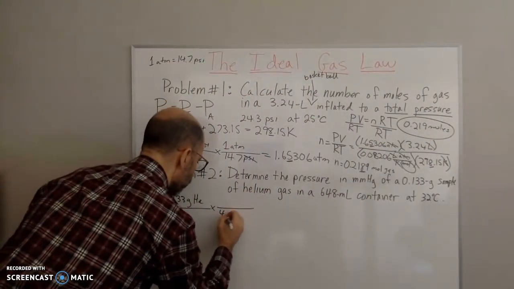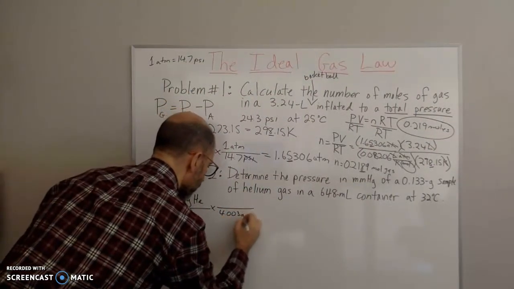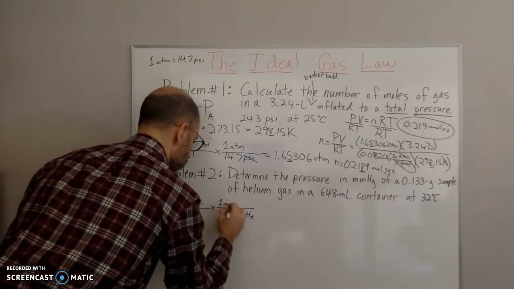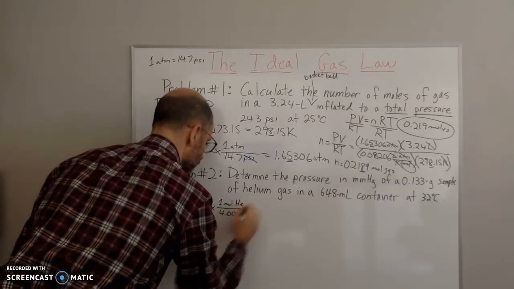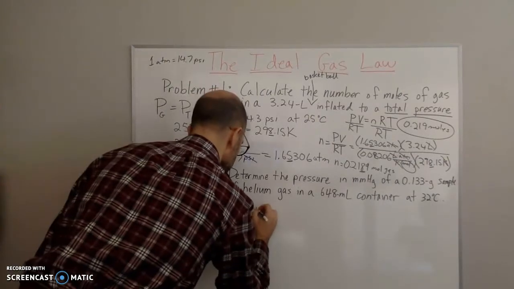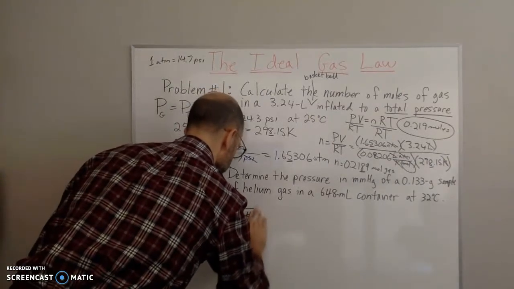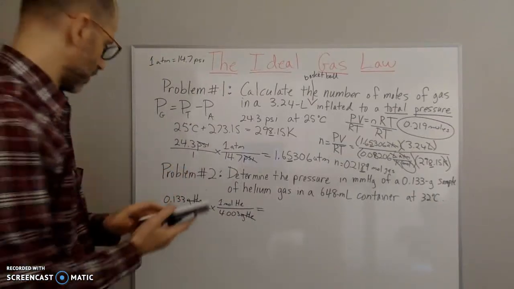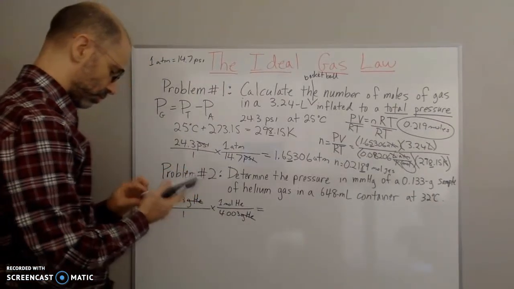So 4.003 grams of helium on the bottom, and then 1 mole of helium on top. So grams cancel out, and then I calculate that, and I get 0.133